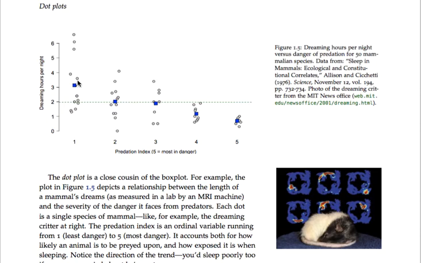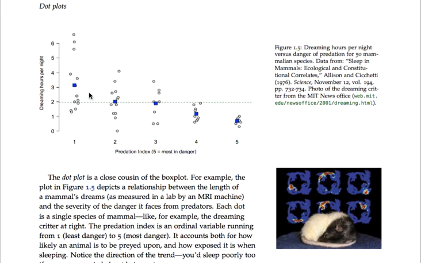Every dot is an animal, and the animals are grouped into this ordinal variable right here called the predation index. I don't exactly know how this is done. It's something that the ecologists come up with, but the idea is 1 to 5, and that's in increasing danger of predation, which probably has to do with whether it's a prey animal to begin with, what kinds of predators are out there, waiting to snap it up. So 5 is most in danger of predation, 1 is least in danger of predation,